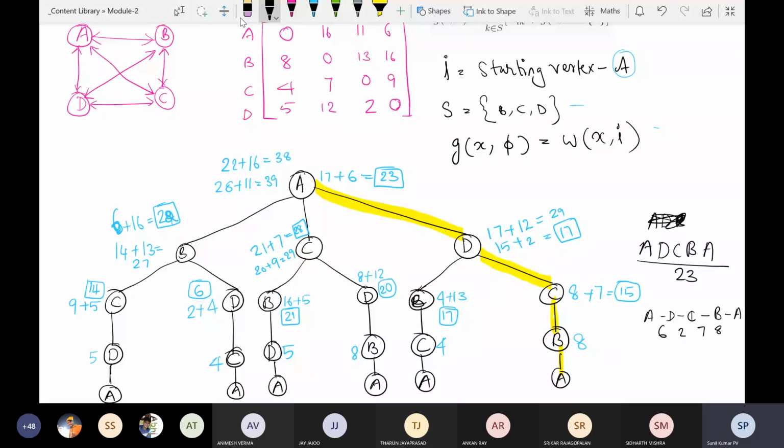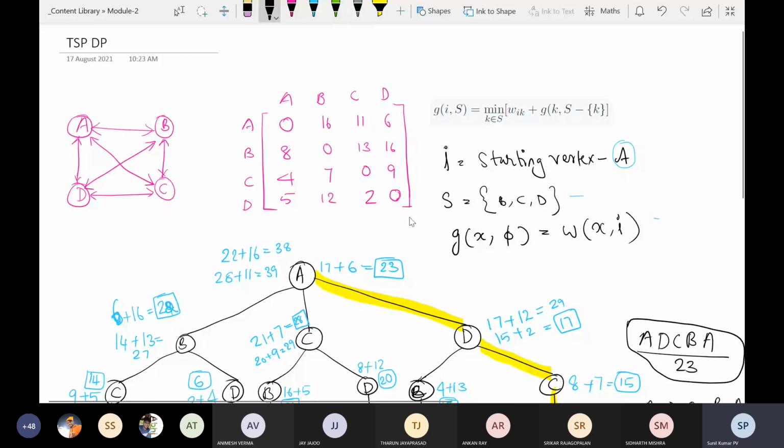Okay, so that is how you can find the minimum cost path. Now whatever you have done now, this is the same thing we need to do using the formula. Then only we can call it a dynamic programming approach. So for that we need to use this formula, and using this formula we do exactly the same thing. We are not drawing any tree, that's all, but we are using the formula.